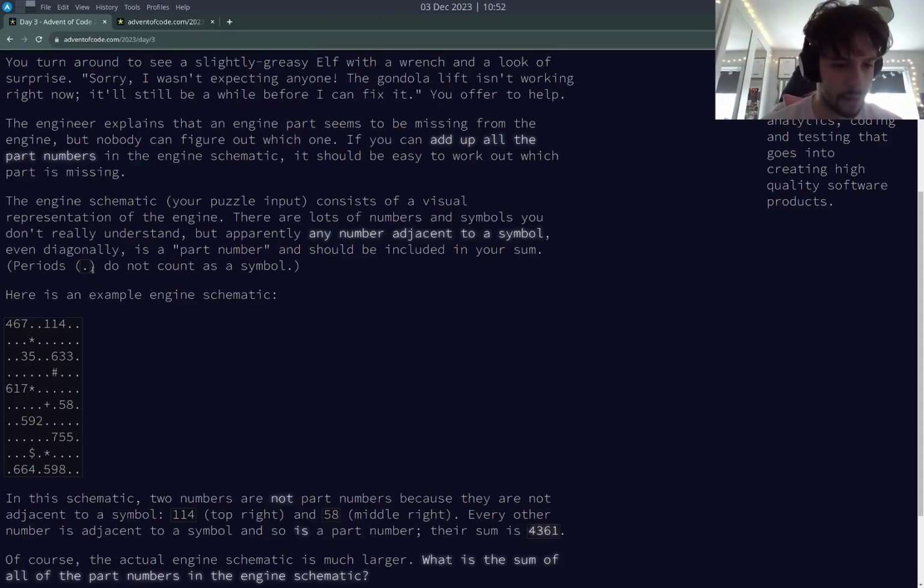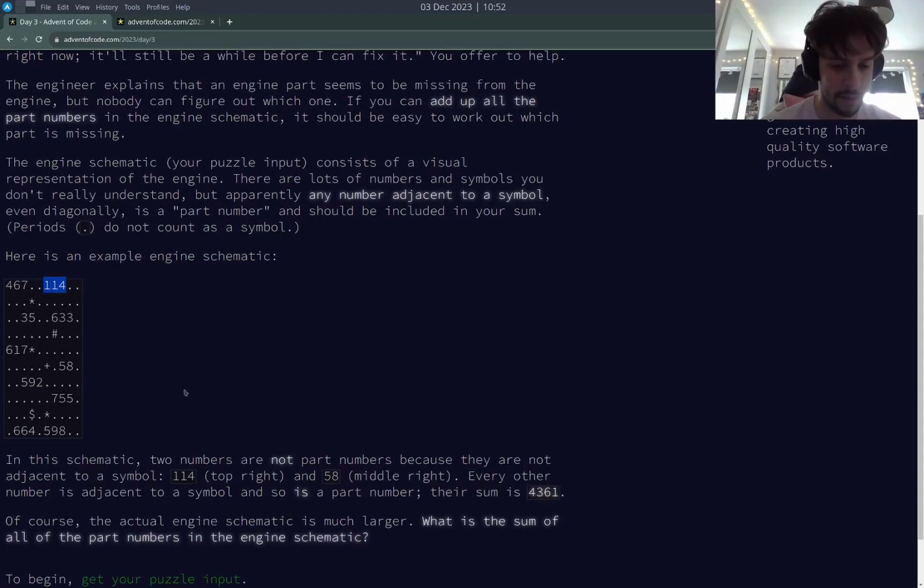Okay, so the dots don't count. So 467 is diagonal to a star. 114 does not have any adjacent symbols, so the ones that are not parts are 114 and 58. Okay, so it's a grid problem. So what we'll do is we'll make a grid of integers,